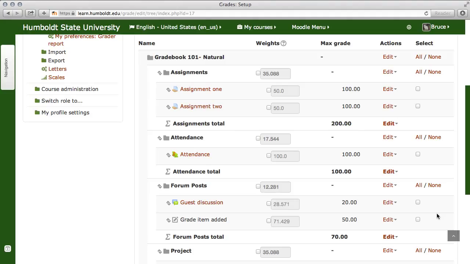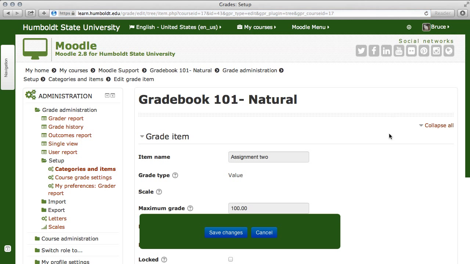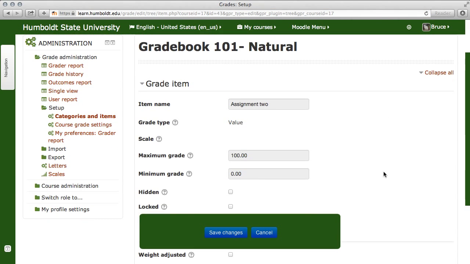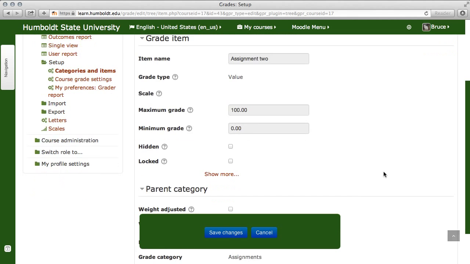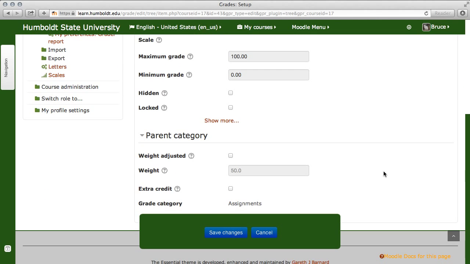Now, let's say we'd like to do an extra credit assignment. How do we do that, and how do we know it's happening? Let's go to the assignment category. Look at assignment number 2, come over to the Action column, and again, choose Edit, Edit Settings, and I'm going to scroll down a little bit. If the parent category has not dropped down, use the little triangle next to it and scroll, and there is where you have the opportunity to make an assignment extra credit.